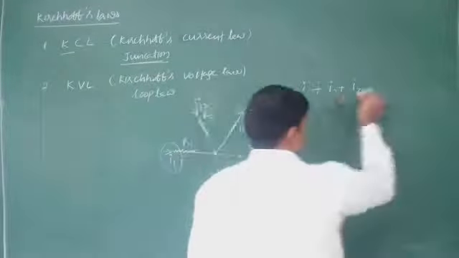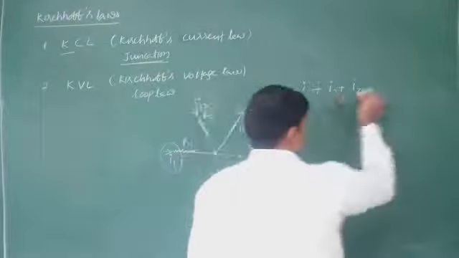Both are combined and form the current, that is I4. From here onwards, I3 current approaches the junction C, and I4 also approaches the junction C. We know the total current starts from the positive terminal of the battery, and the same current approaches the negative terminal. So here that is I, and I is equal to I3 plus I4 according to Kirchhoff's first law: total current entering the junction must equal the total current leaving the junction.